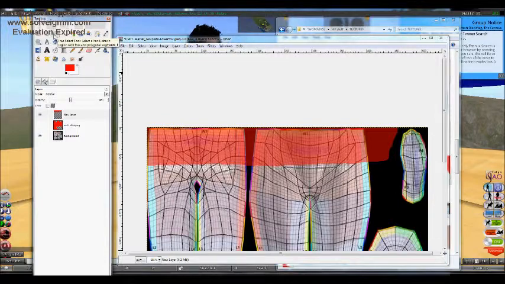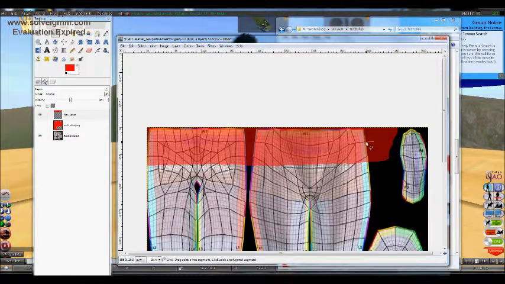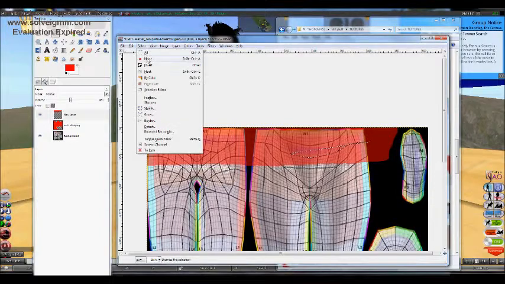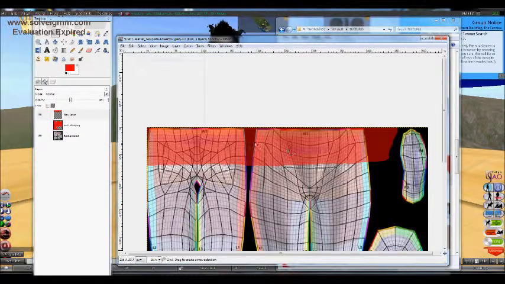Then I'm going to hit the free select tool, and I'm just going to pick on this line right here. I'm going to start at the front. Remember, your pants templates are going to have your body opposite of what the shirt template's going to be. Remember, the shirt template had the front here and then the back here. This one's front here and back here. I'm not sure why they did that, but